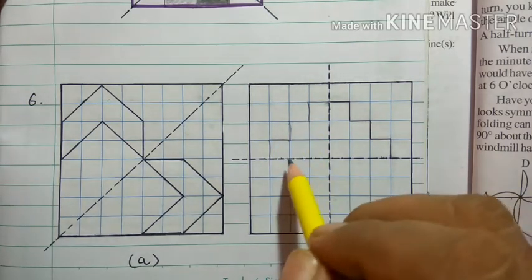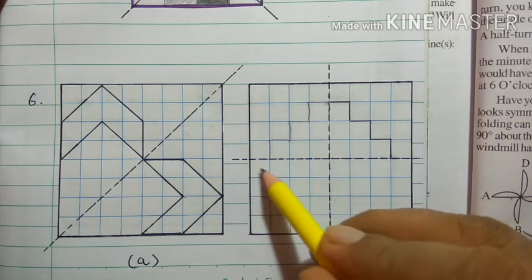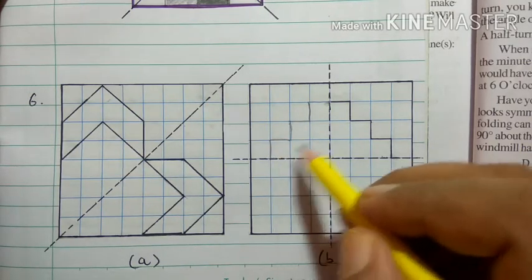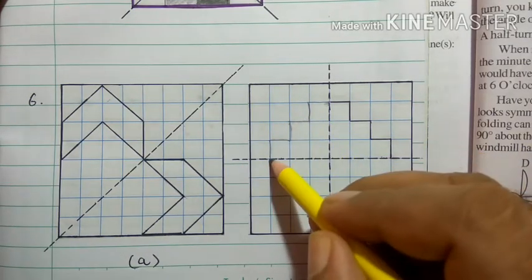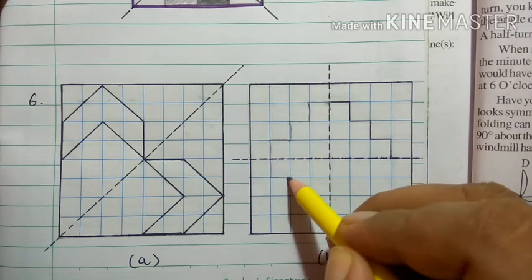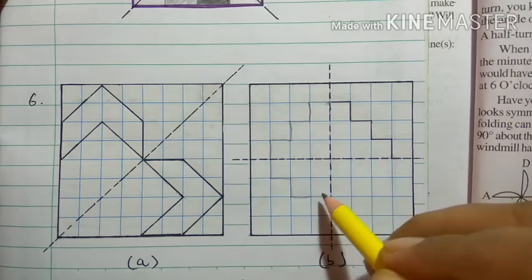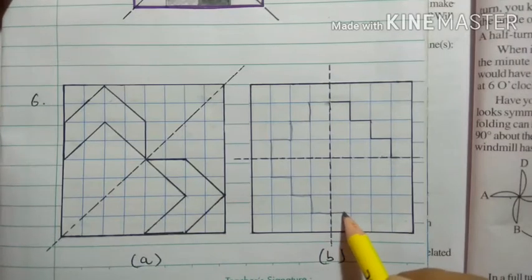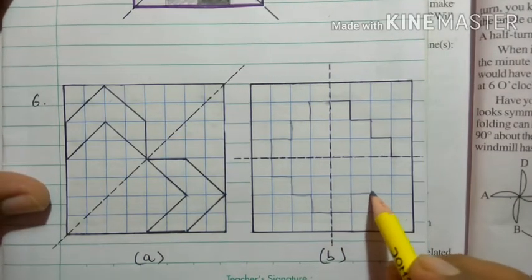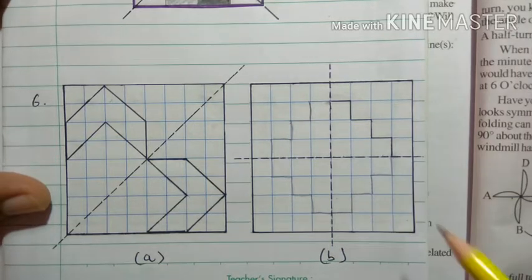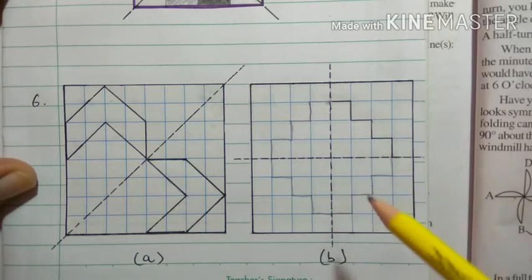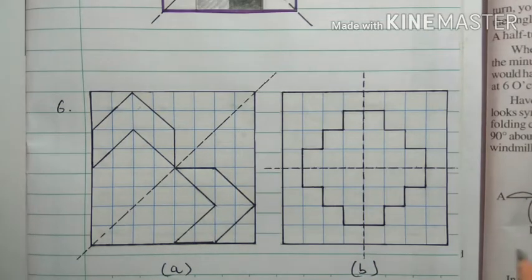After that we have to complete the figure using this other line of symmetry. The symmetry about this line of this figure is like this way, then it will move this side, then this way, then this way, and finally here. And we also have to draw half of the part this side like this, then like this way, and finally it touches this. I'm going to draw with a black pen and show you how the figure looks. So the figure looks like this after completing.